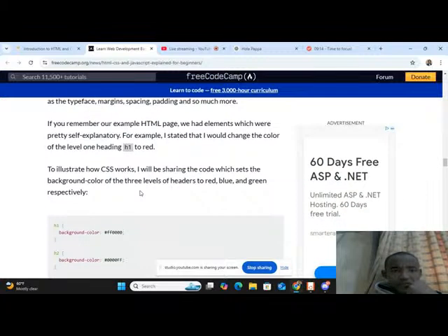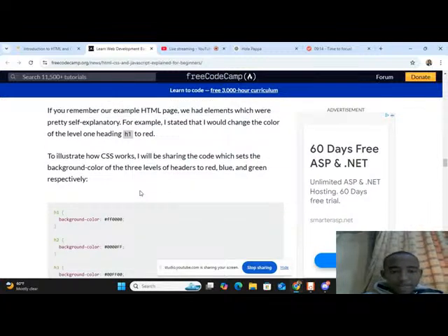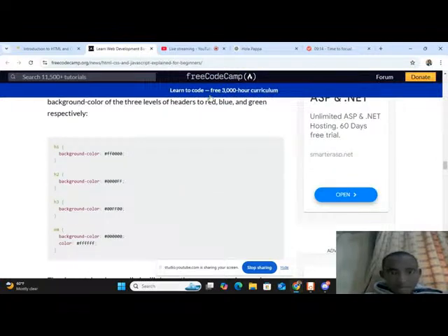If you remember our example HTML page, we had elements which were pretty self-explanatory. For example, I stated that I would change the color of the level 1 heading to red. To illustrate how CSS works, I will be sharing the code which sets the background color of the three levels of headers to red, blue, and green, respectively. So remember that page we previously created. That is what we are trying to edit now. Header 1 background color to red. Alright, then blue, green,